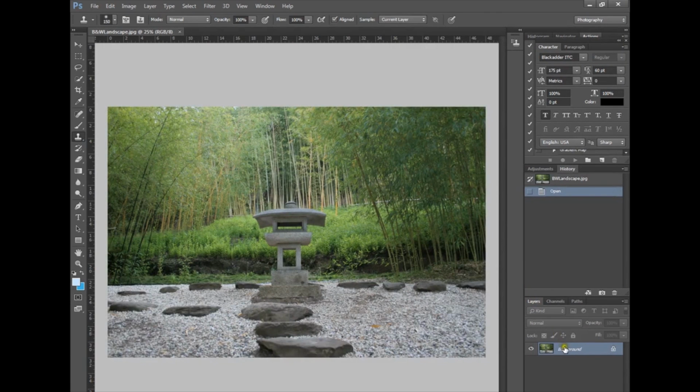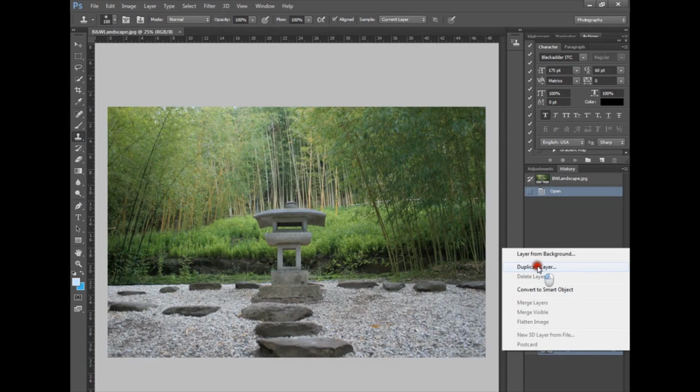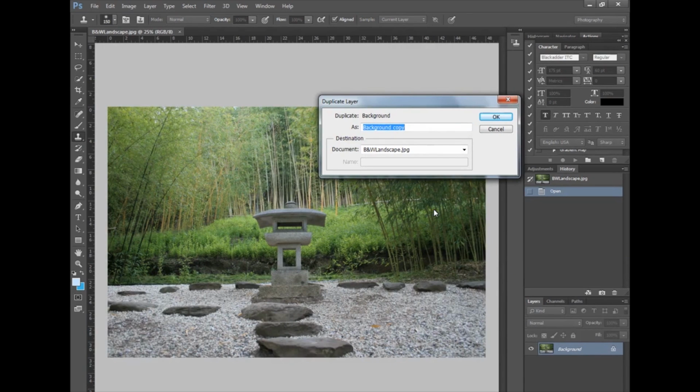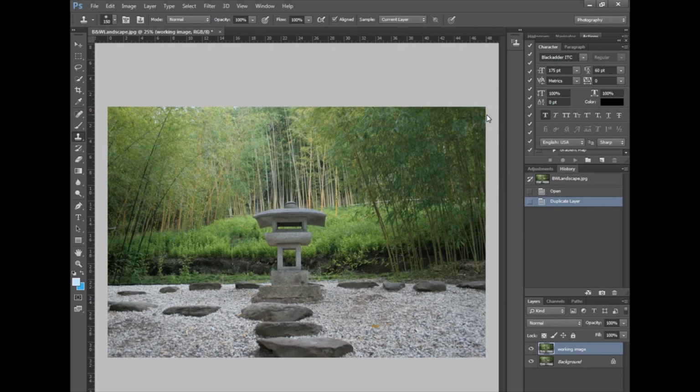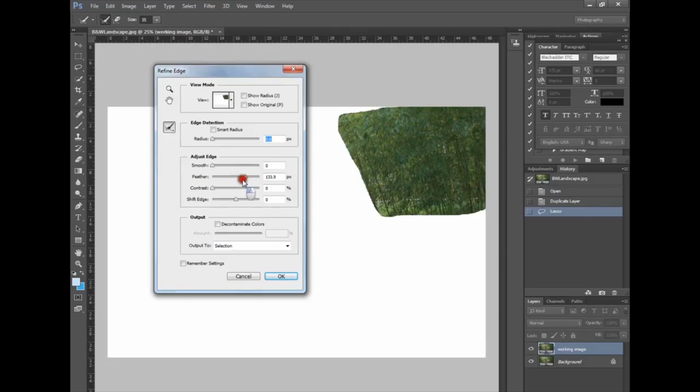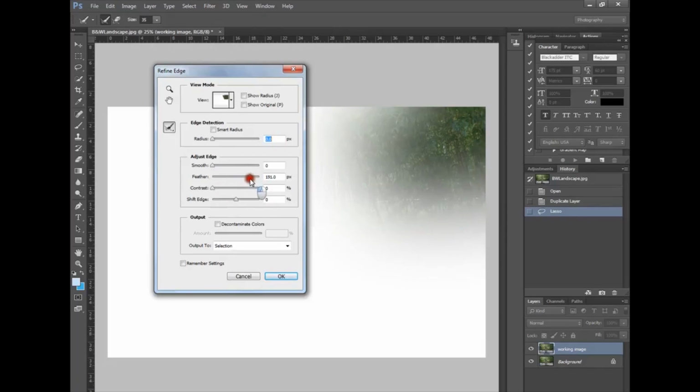The first thing you're going to do is duplicate the image, and you're going to call it Working Image. The next step is to take our lasso tool over here, which is the third tool down on the toolbar, and we're going to select areas of similar values. So this green area is all the same value tone. I'm going to feather that out to at least 250,